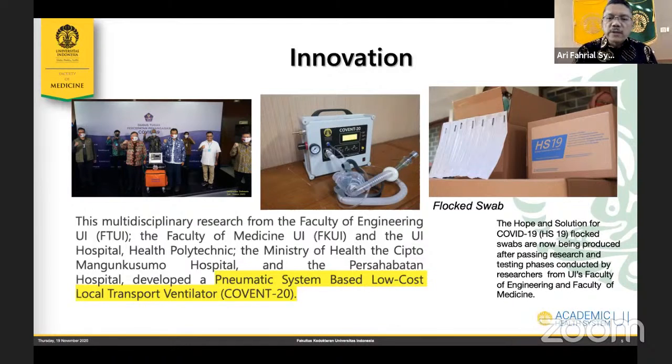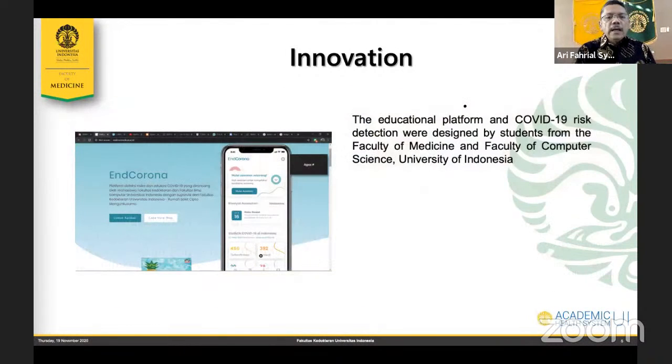So we work together with industry to produce this flock swab. And now we share our flock swab not only in Jakarta, but also in some hospitals in Indonesia as well. And our students developed what we call Corona, so this is one of the educational platforms on COVID